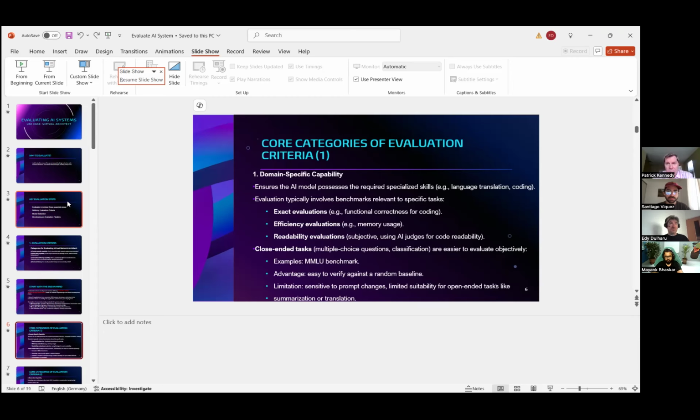For other things which are more, let's say, subjective, like summarization, I think summarization is a subjective activity. The measurement is not so easy because any given text can be packed with a lot of data in a relatively small number of words. So the way in which a model can make this summarization is not easy to quantify.